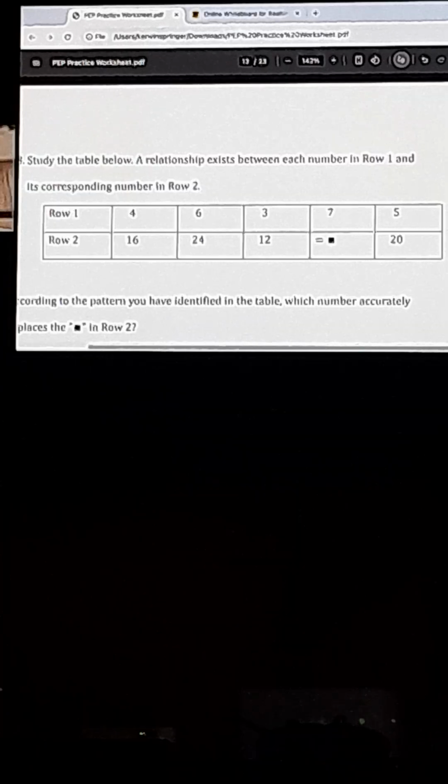Cool. Okay, number 23. Study the relationship between the rule 1